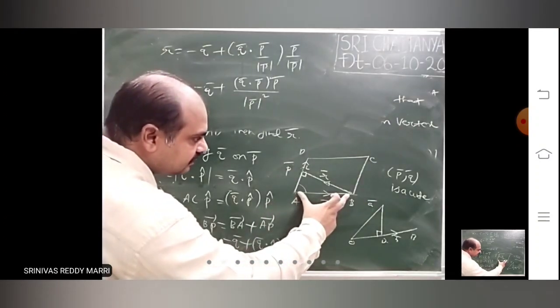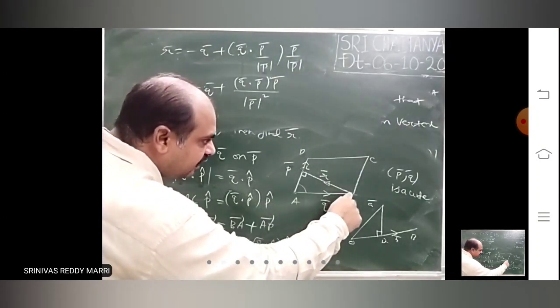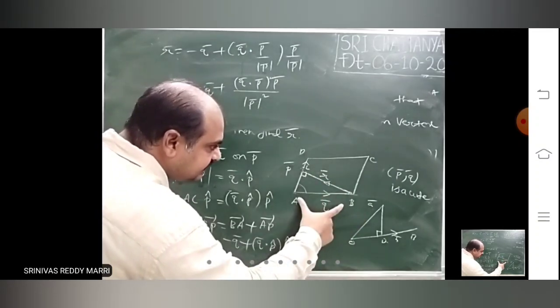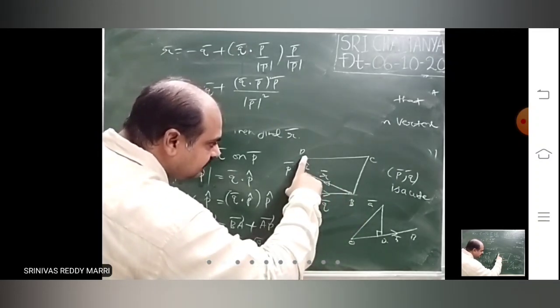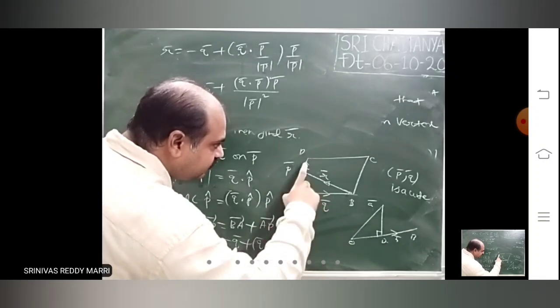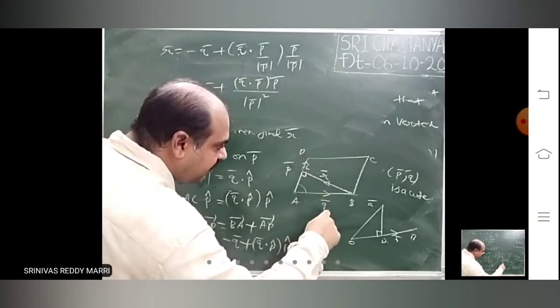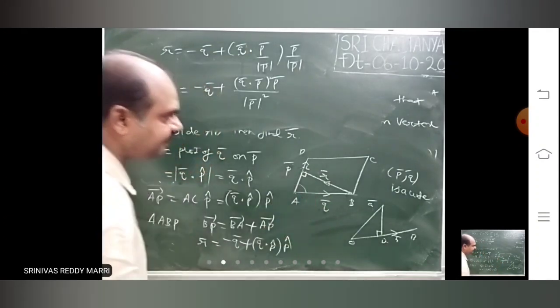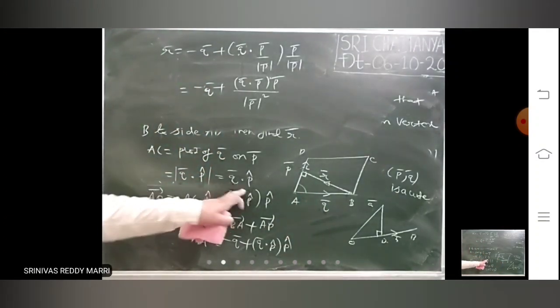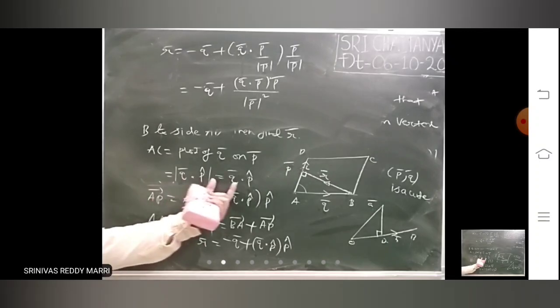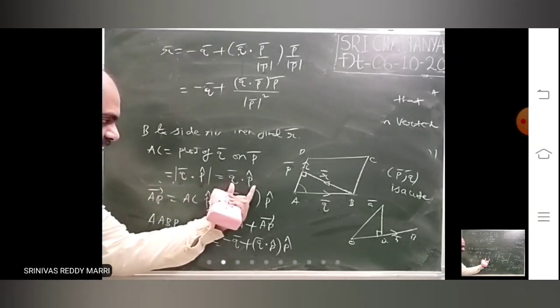Look at this. We have dropped a perpendicular from this to this. That means this is A bar, this is B bar. So this is nothing but the projection of Q bar on this vector. That means this length is nothing but modulus Q bar dot P cap. This length you got, modulus actually. But acute angle means dot product is positive, that's why no need to write the modulus.